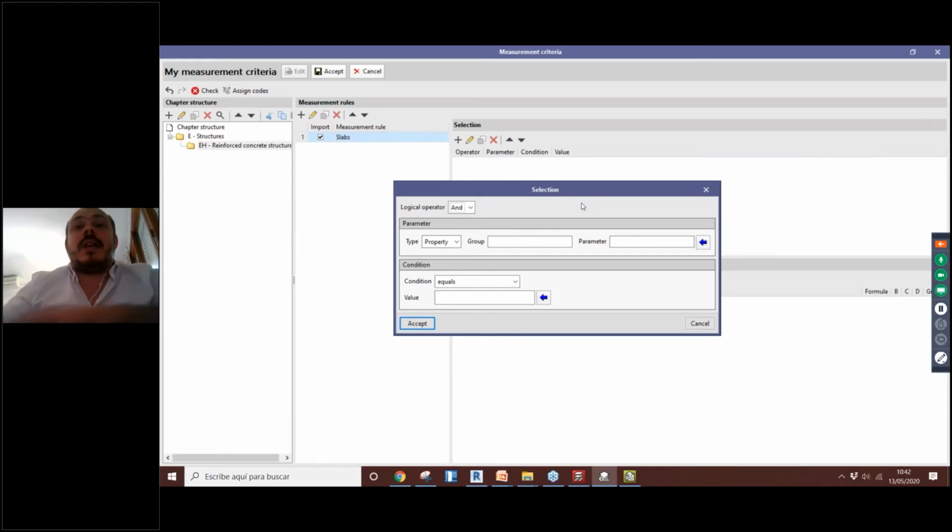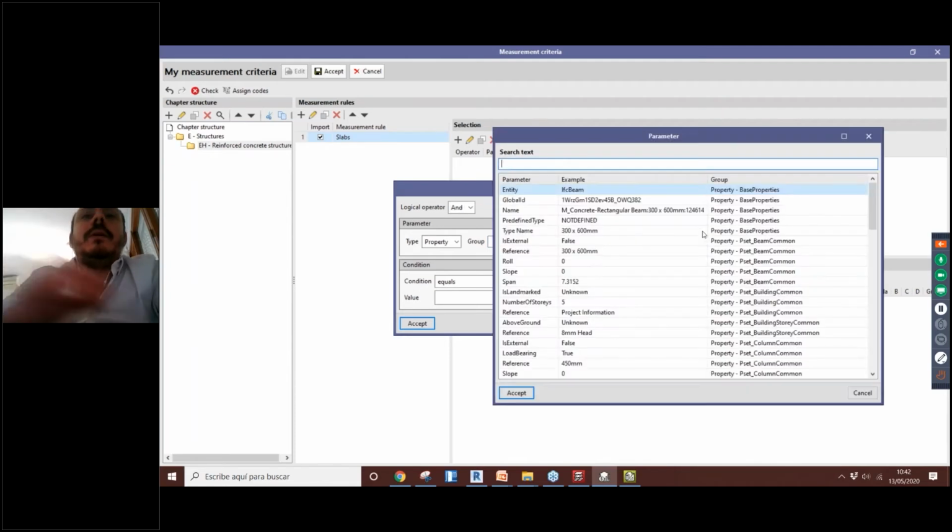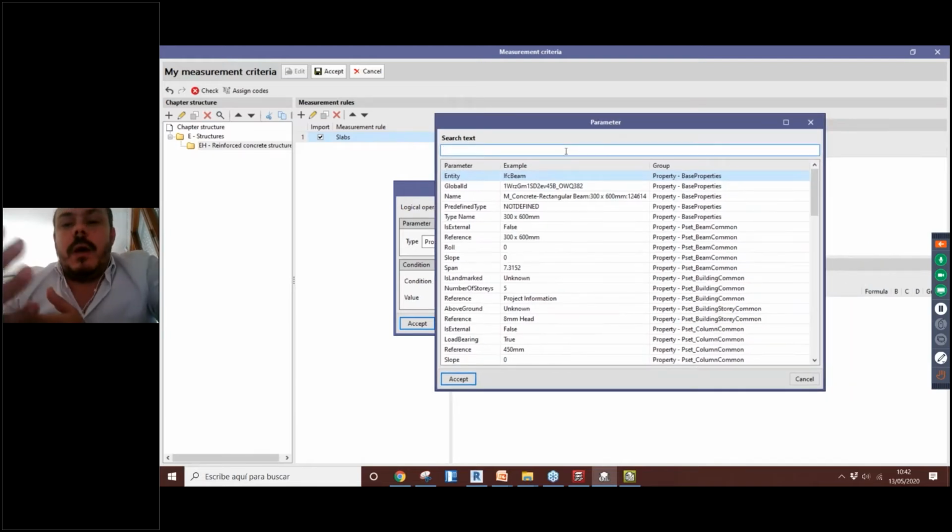No problem here, because actually we have this little blue symbol here that can help us to define this group and this parameter. We just have to click here, and we have some information from the BIM model from this IFC that were generated. Okay, so if you know a little bit more about IFCs, you understand with no problems this part. But if you are starting in this world of OpenBIM, maybe it could be a little bit complicated